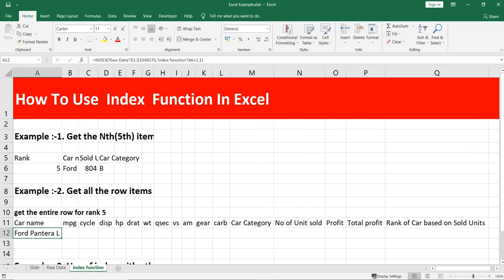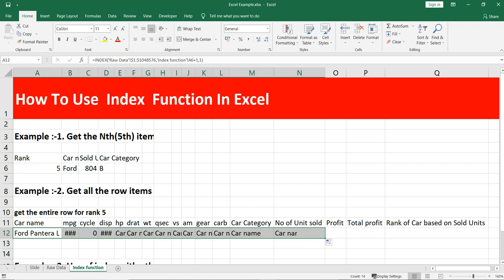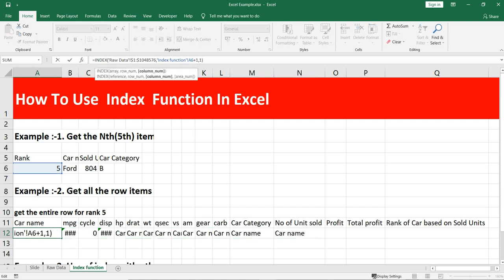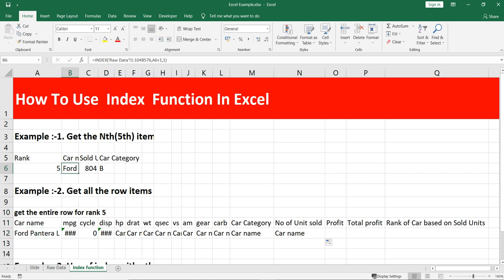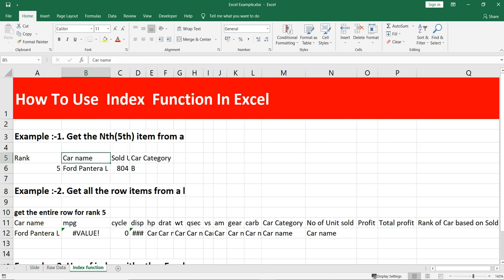Now if you think that we'll drag this formula, will it work? No, it won't. The reason is that you have given a hard-coded column number here. In our previous example, we knew that the car name, which is in column 1, won't change, so we used this 1 here.